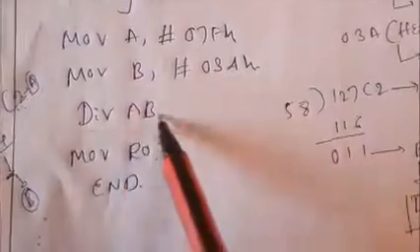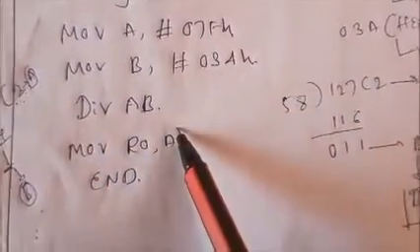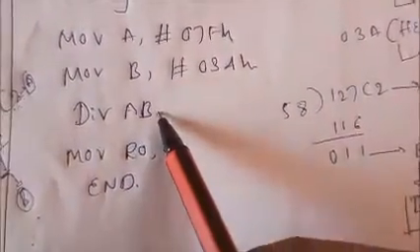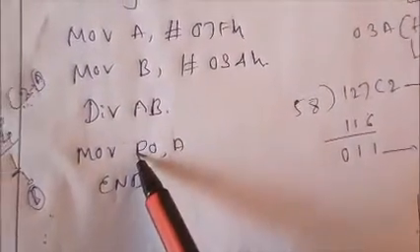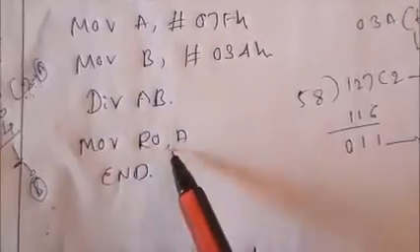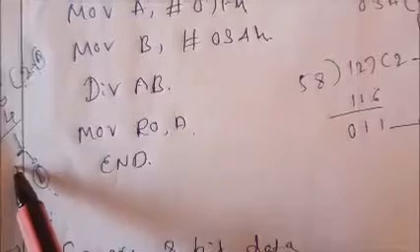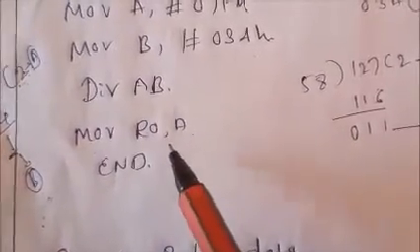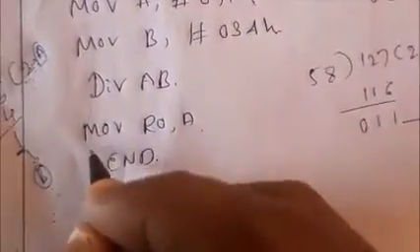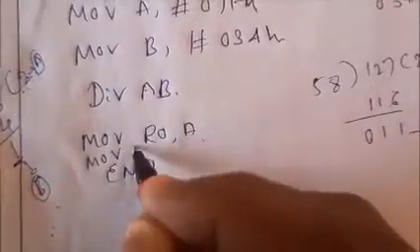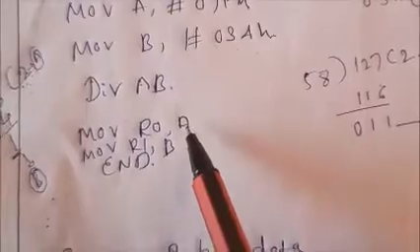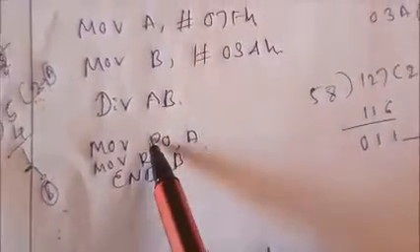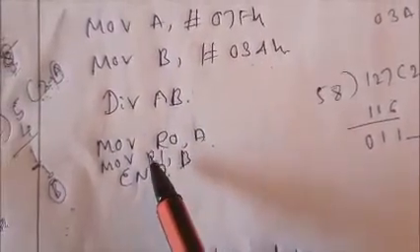So that means here we will perform the division process. After the division, whatever quotient you get, if you want it, you can store it in some register. That means MOV R0, A. If you want to store the remainder, that is the content of register B, somewhere, you can write one more instruction, no problem: MOV R1, B. So that means the quotient you store in R0, and the remainder you store in R1.